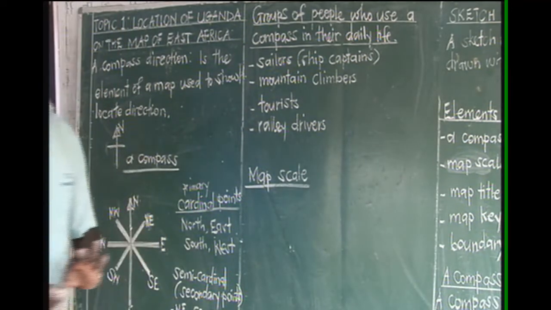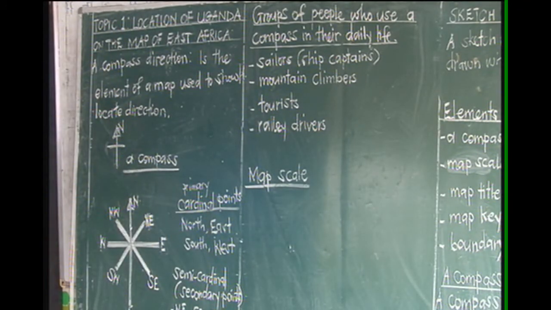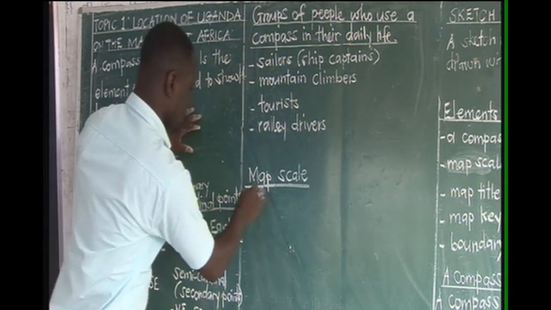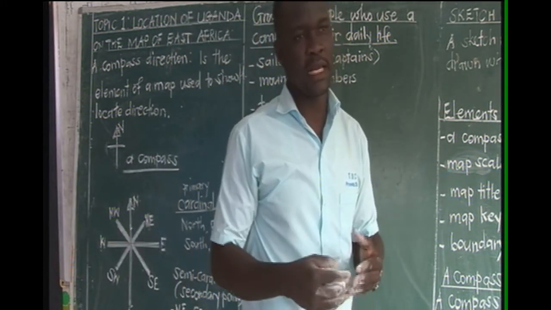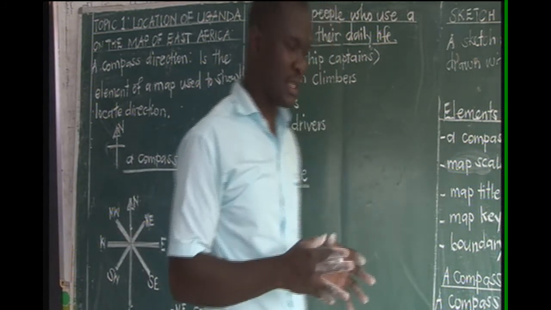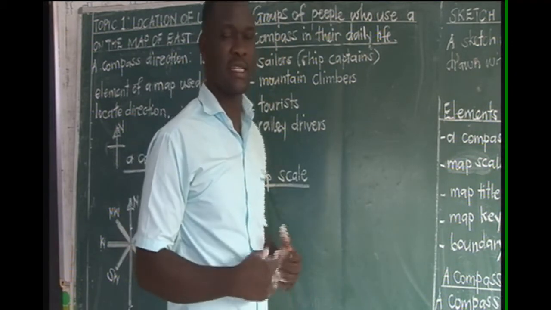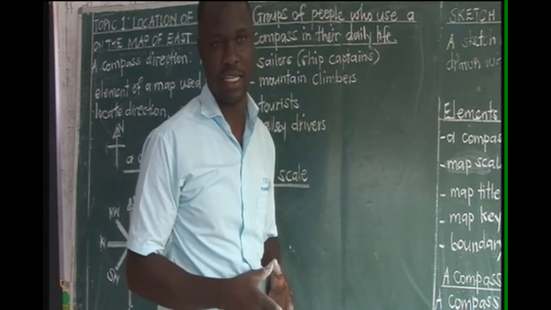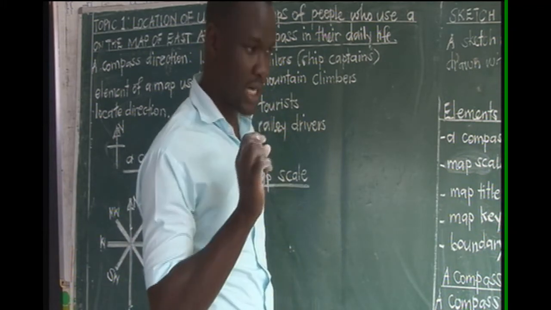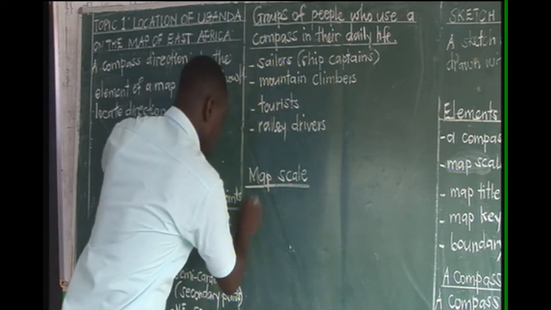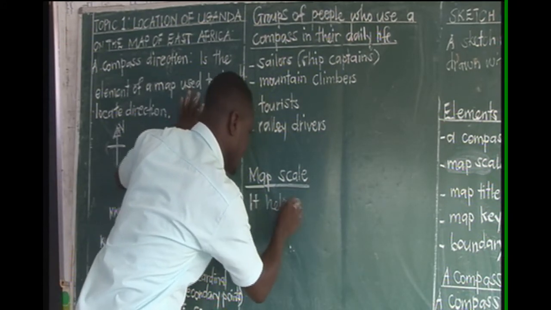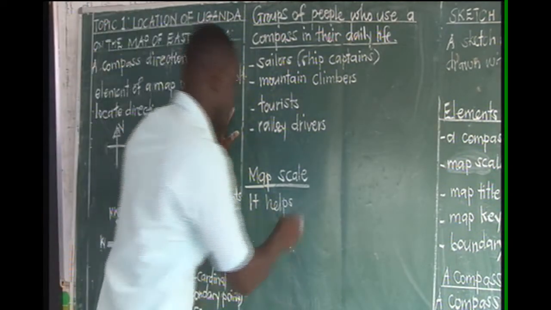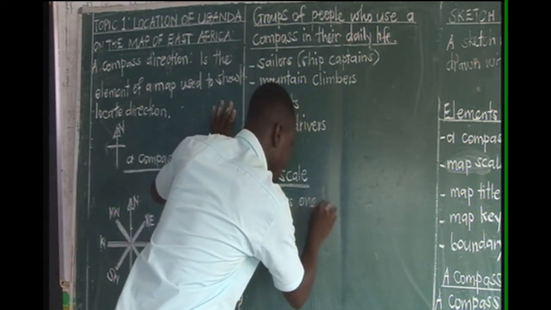Now, a map scale is the element of a map which is used to calculate. I want you to get it right. This is the element of a map which helps one to calculate. Some people make errors by saying a scale calculates. A scale itself cannot calculate, but it's you to calculate. So what does it do? It helps you, it helps a P5 child, it helps a map reader, it helps anyone to calculate